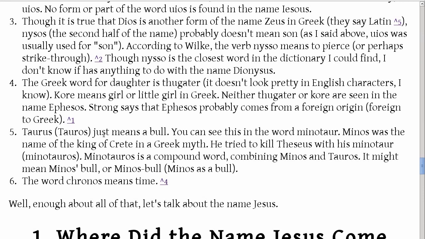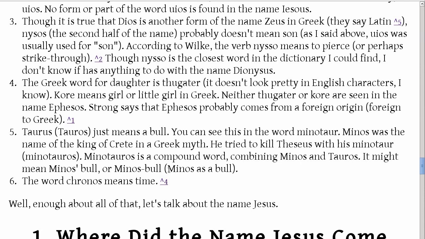Taurus, Tavros, just means a bull. You can see this in the word minotaur. Minos was the name of the king of Crete in a Greek myth. He tried to kill Theseus, another Greek myth character, with his minotaur, Minotavros. Minotavros is a compound word, combining Minos, the name of the king, with Tavros, a bull. Minotavros might mean Minos's bull, so in other words, the bull that belongs to Minos, or Minos